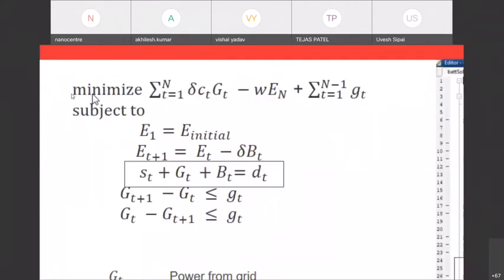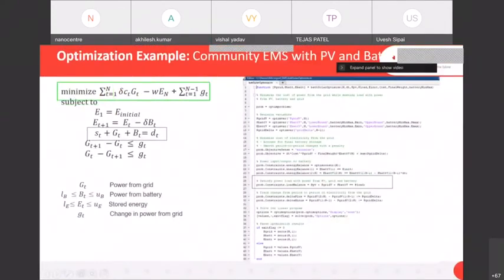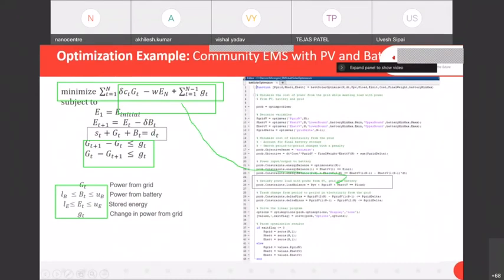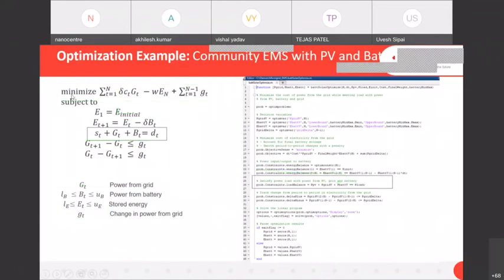For the optimization, here are the equations which we had. This is the cost of energy equation, right? G is the power from the grid, BT is the power from the battery, and ET is the storage. This is the bound, where I have the minimum and maximum. That is the constraint. Here are two more constraints given, the lower and upper bound. And this is the cost function which we had to minimize, which is written here. Right? Perfect.